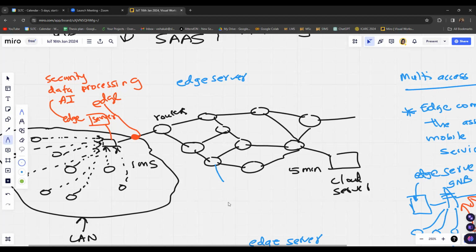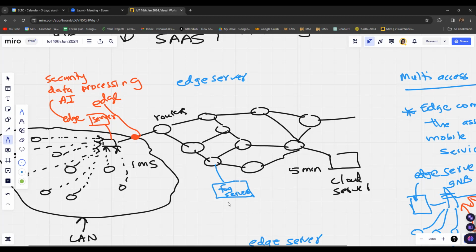So the fog computing will be done in an intermediate location where you have a fog server connected to one of the intermediate network devices. In such cases, the fog server is able to assist in the data processing.